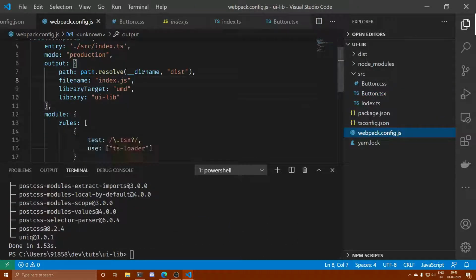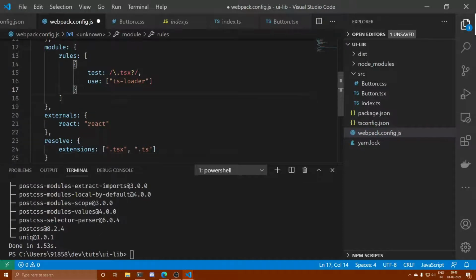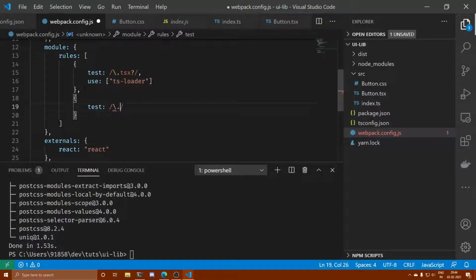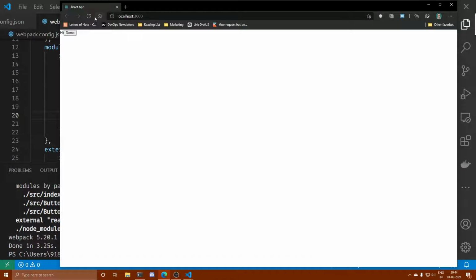Go back to your Webpack file. Over here create one more rule, not over here but here. Create one more rule. The regex is going to be .css. Again that will be the end of the file name, so the trailing $, and use css-loader. Okay, let's export this thing. So everything is exported now. If we reload things, we will notice that our styles are not actually applied on the component.